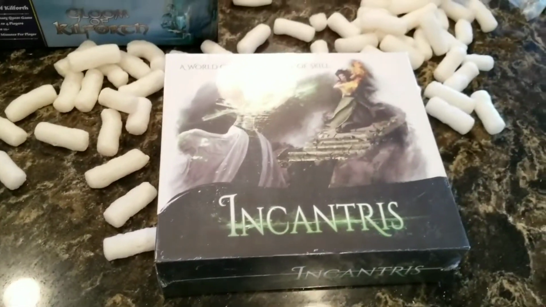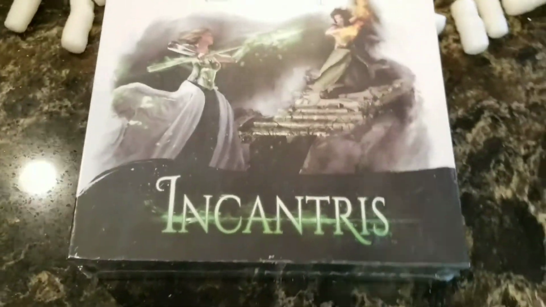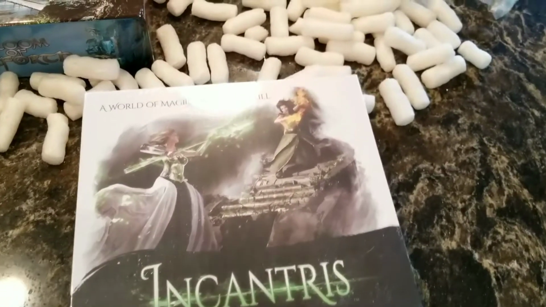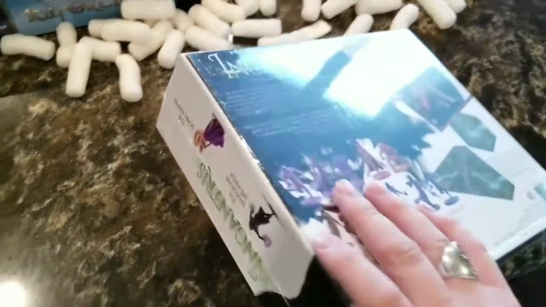Incantris by Rainn Studios. Folks, these guys are fantastic. They do their Terra tiles, which just look amazing. And they've come out with the War of Kings board game, which I own. I did not kickstart that one either. Man, I'm 0 for 2 on the Rainn Studios board game Kickstarters, and I regret both of them,